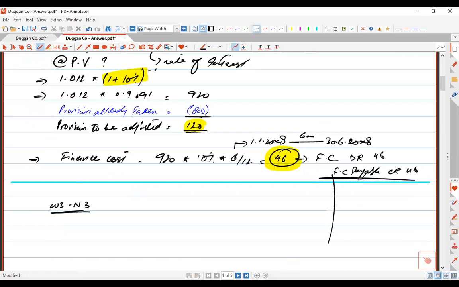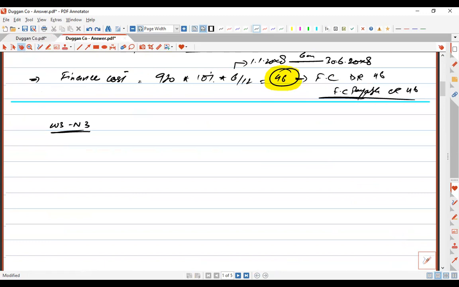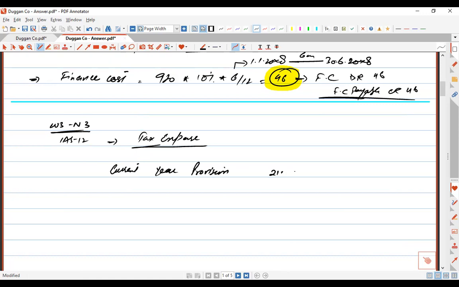Very easy working. Normally the tax working is not simple like this, but fortunately it's given like this in this question. So we are fortunate people. Under IAS 12, we are going to find the tax expense. We are not bothered about the balance sheet figures because we are only preparing P&L and statement of changes in equity. So to find the tax expense, the current year provision amount, under note 4 it is given, that is 2.1 million, means 2100, less over provision.